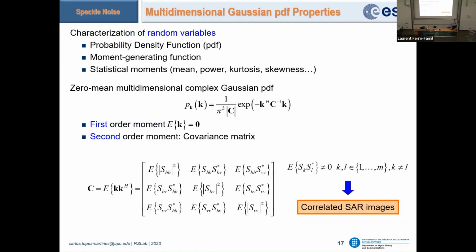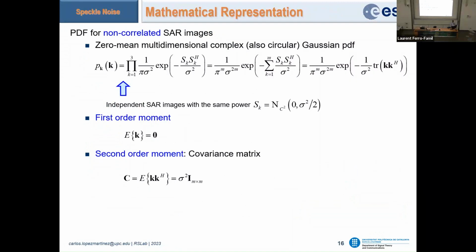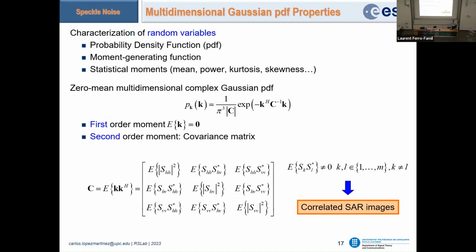Why? Because SAR images are correlated. The idea behind this previous model is that SAR images are not correlated. As we said, we impose independence between SAR images, but we cannot impose independence. So if we extend, as I said before, how we can